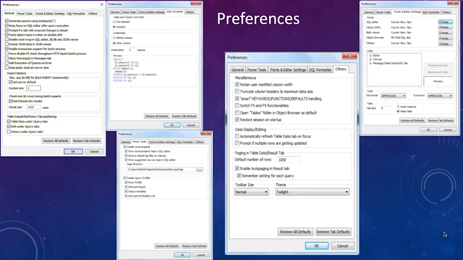Again, there is the theme option. I have selected Twilight, but you can select any kind of theme that you want and select the toolbar size as well. It's up to you. Now, in the preferences under General, that is the first tab, the first box that is pretty small, but I'll just explain that. There is an option under the table data info history tab,